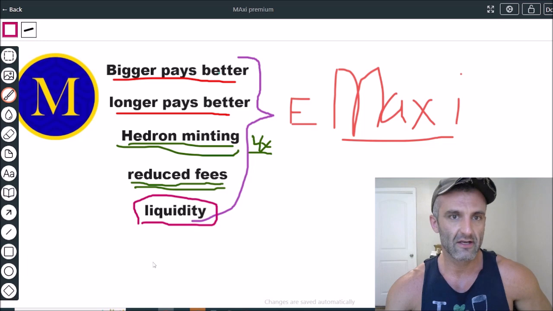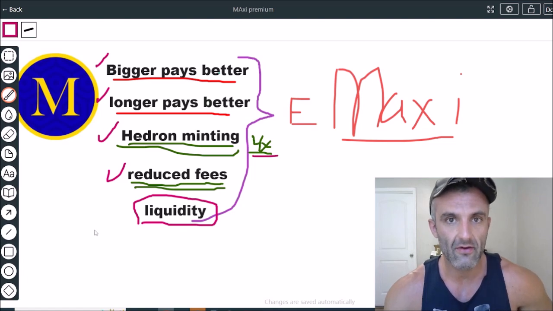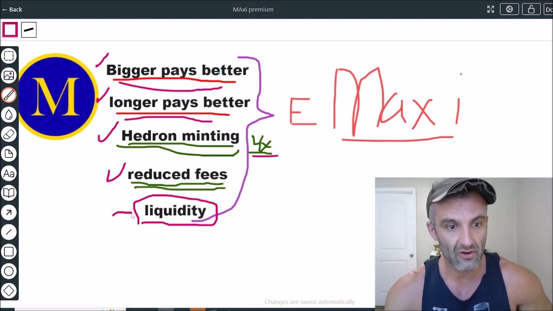So with Maxi, bigger pays better, longer pays better, Hedron bonus at 4x if that's what you value, reduced fees. You get all of those benefits today. Remember what we said, bigger pays better? You need to lock your stuff up for a long time. Longer pays better, right? Or both of those, a larger amount, you have to lock your stuff up for a long time. With liquidity or the tradability, you get access to all of those benefits